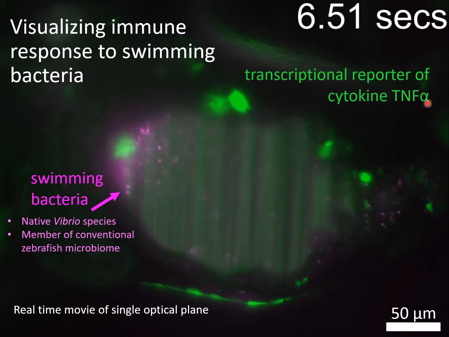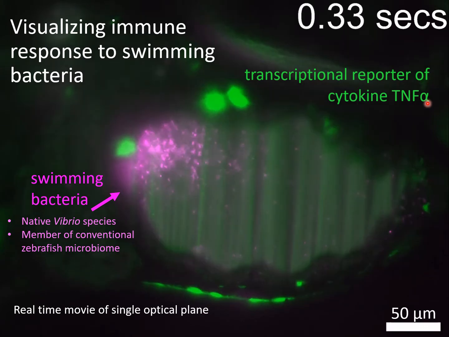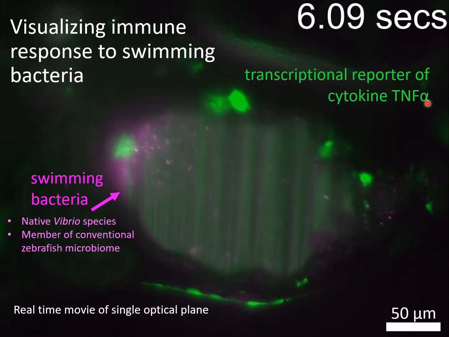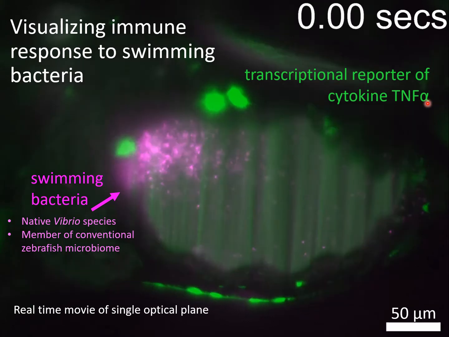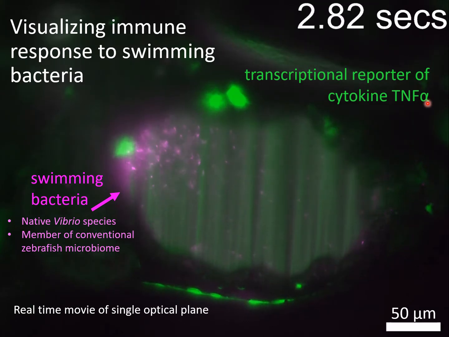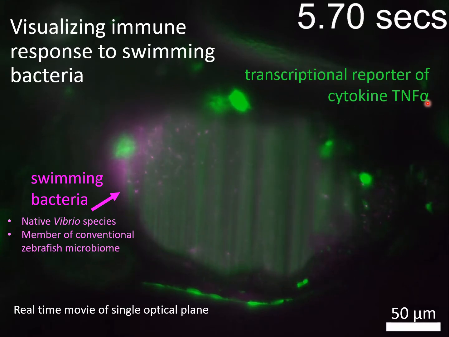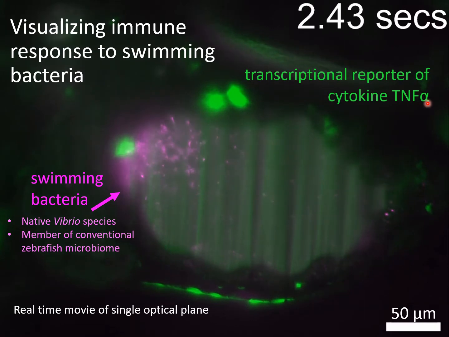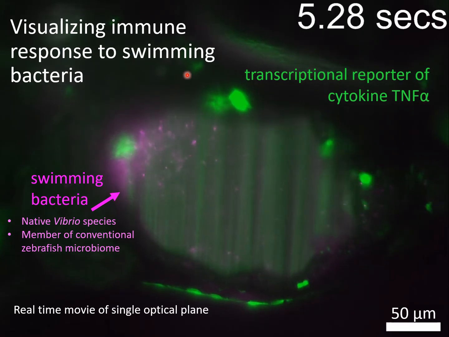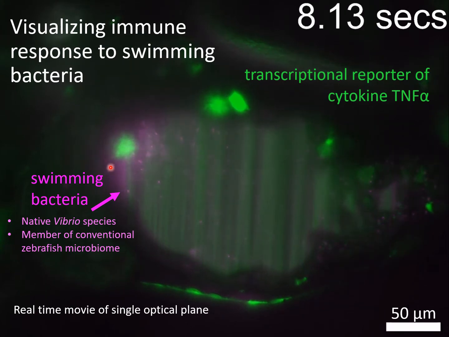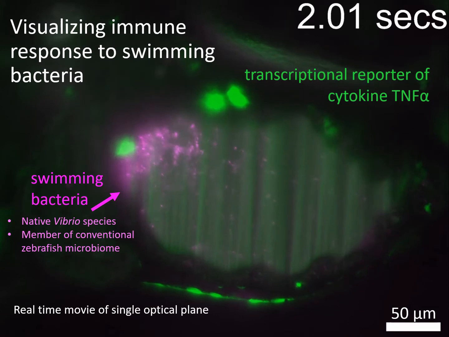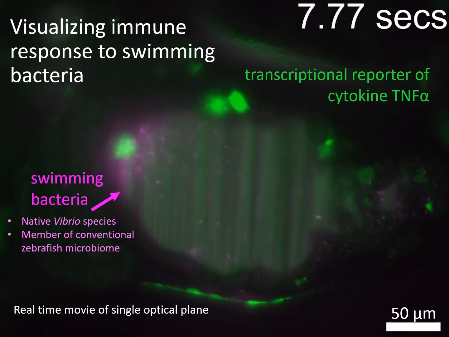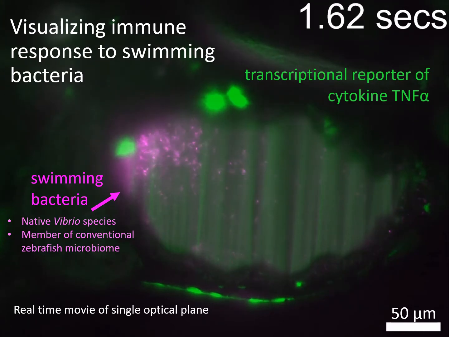Now, these bacteria are a species of Vibrio that is native to the zebrafish gut. It is a common member of the conventional zebrafish microbiome and under conventional circumstances does not cause disease. We see here, though, that these bacteria are capable of eliciting an immune response as measured by this TNF-alpha reporter. We also note that these bacteria, being able to swim, can make frequent contact with the epithelium surface, and we hypothesized that because of this, swimming motility was important in determining this bacteria's ability to elicit immune response, and went on to test this. But before I tell you about that, I want to also show you that we can